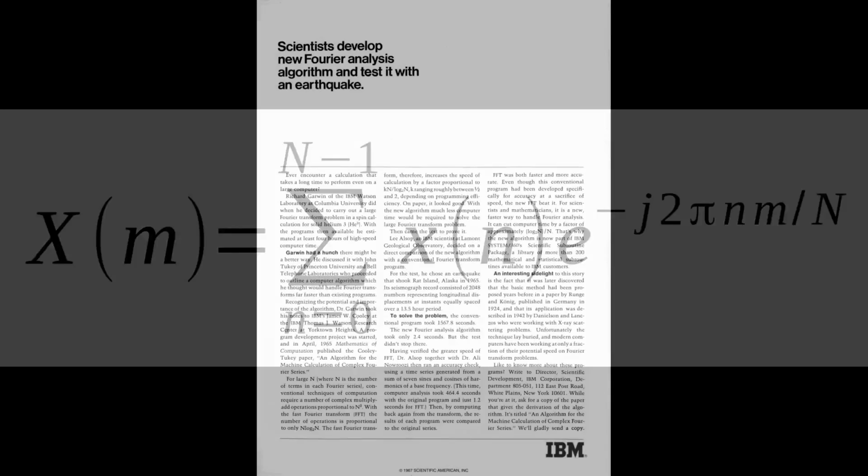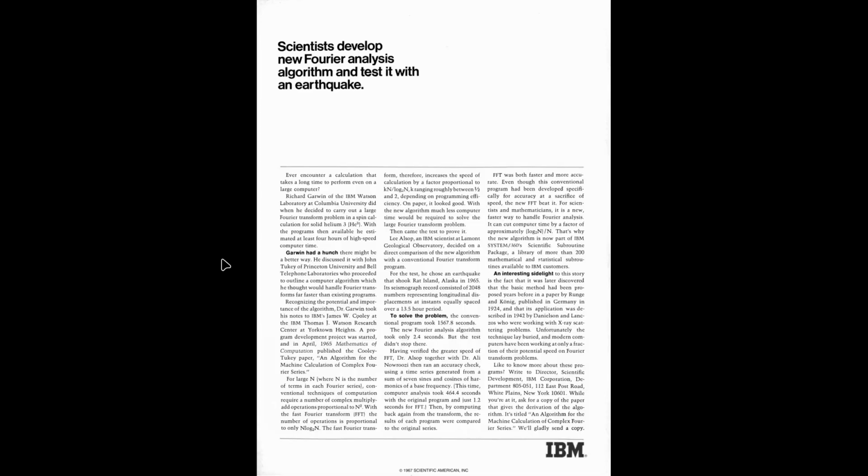Looking at an article from Scientific American from 1967. Essentially, IBM ran what looks like an article, but it's almost like an advertisement as well. And in this particular case, they're talking about the differences in the ability of the 2 algorithms, the original DFT, which required all of those multiplications and additions, versus how much more efficient the fast Fourier transform was.